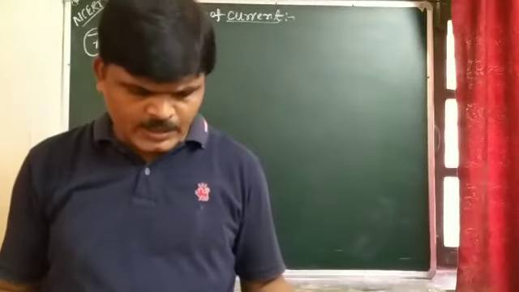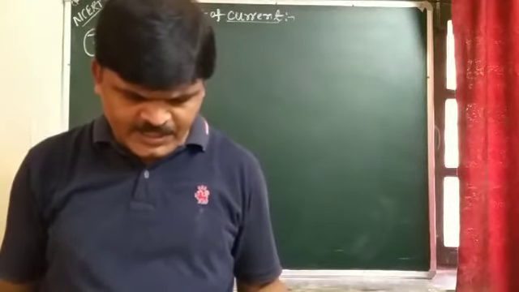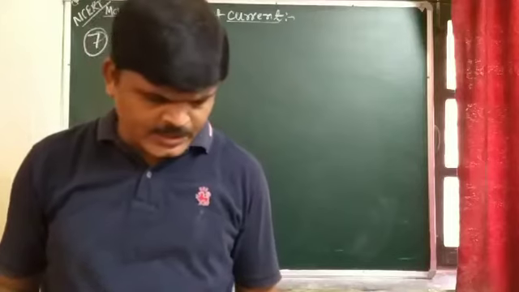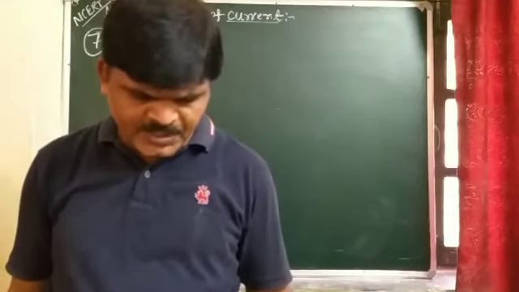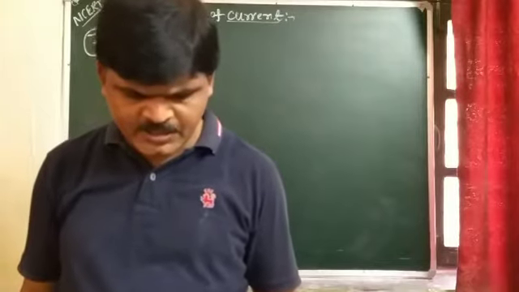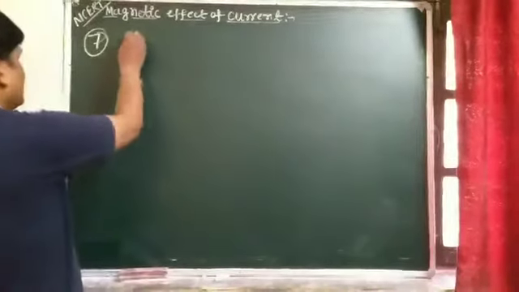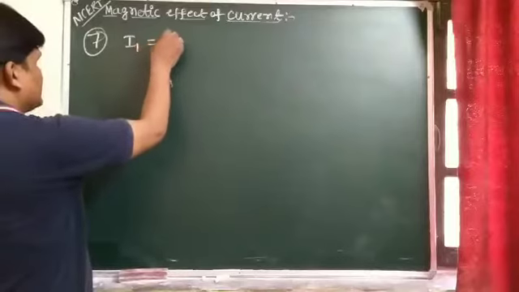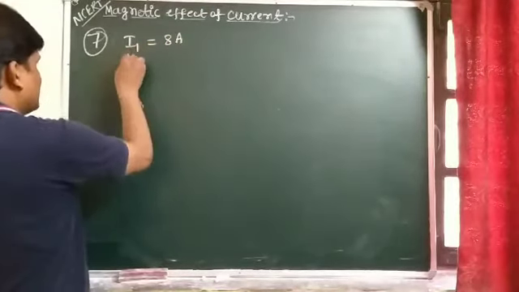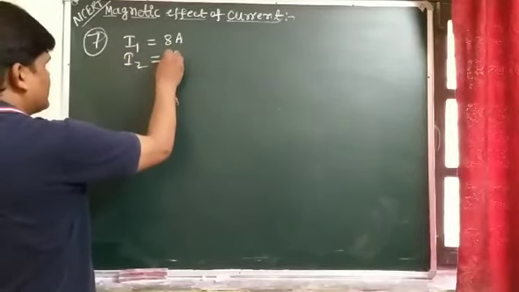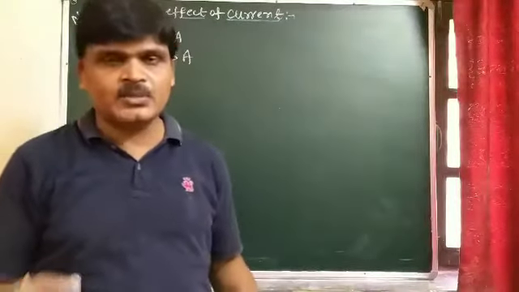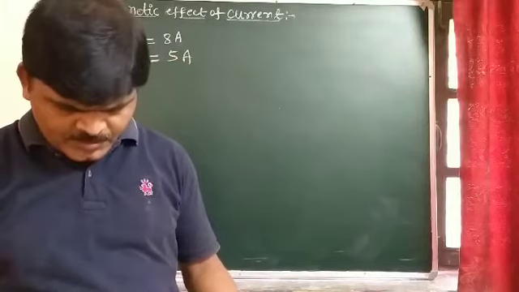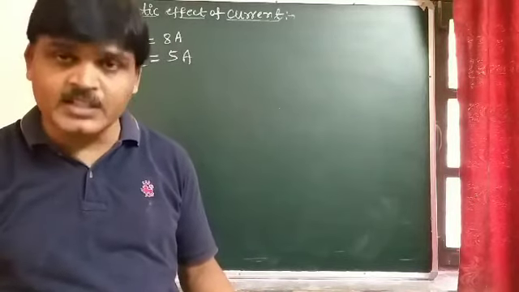Two long and parallel straight wires A and B carrying currents of 8 ampere and 5 ampere in the same direction. It means I1 is 8 ampere and I2 is 5 ampere. Current flowing in wire A is 8 ampere, and in wire B, current flowing is 5 ampere in the same direction,